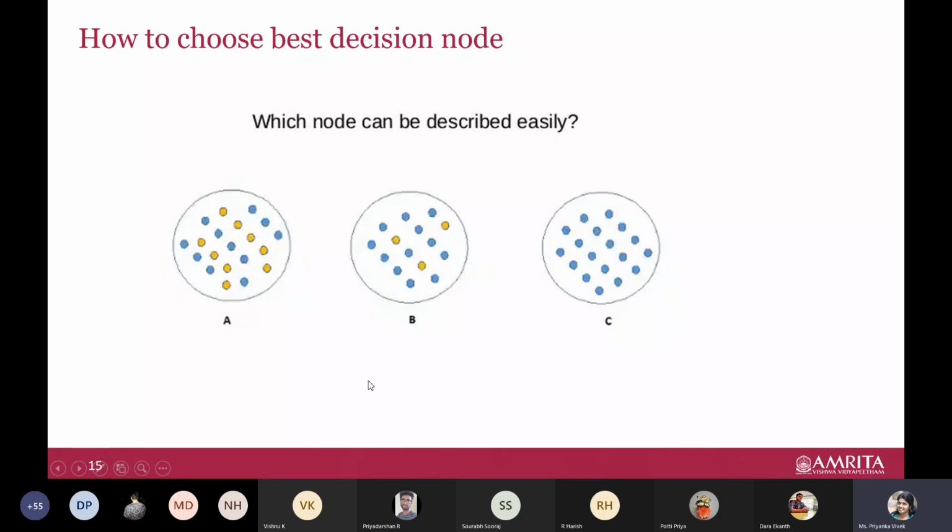Now this is the same thing they have just shown. We have some blue points which are positive, and green yellow points which are negative. Here we have an almost equally likely situation, so the entropy would be high. Here we have only a few samples from the other class, so the entropy may be a little close to 0.